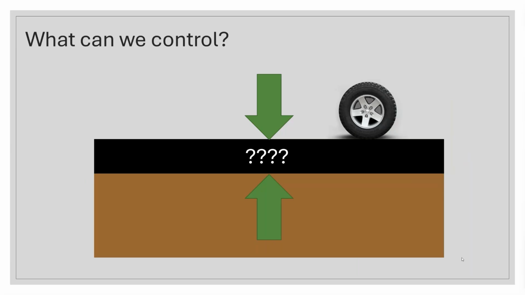Traffic, we don't have a lot of control over. Traffic seems to always get worse in most cases. So we know that it will probably increase. We can control some things about the traffic, but overall, we don't really have total control over that. The only thing we can really control is what we do with that layer that is sandwiched in between.